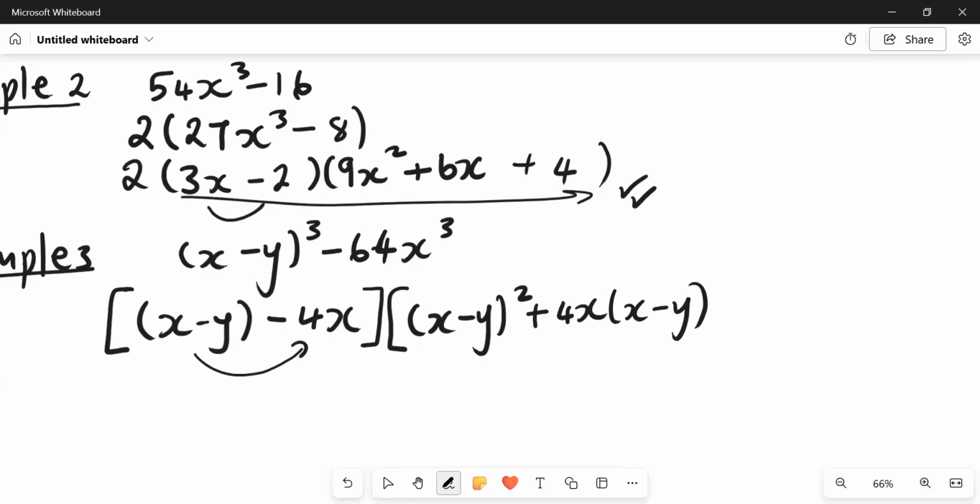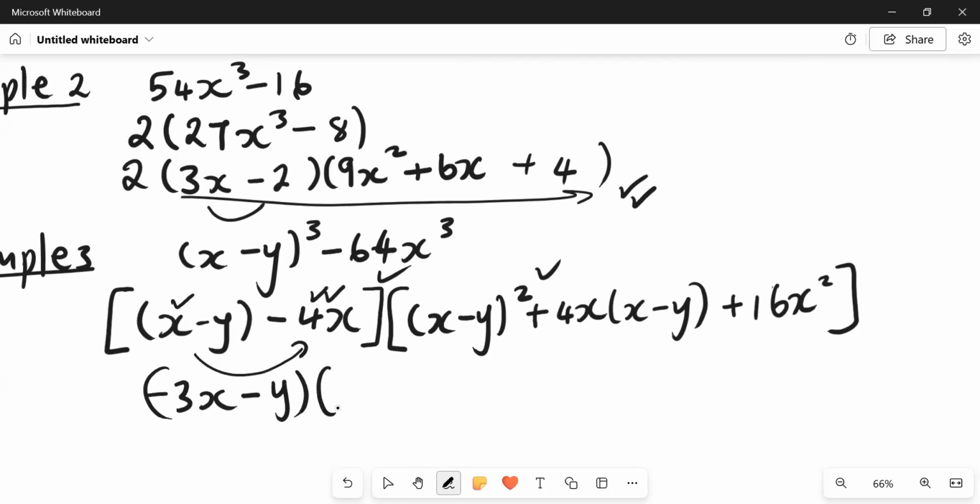We have to square this term, which is minus 4x. That will give us positive 16x squared. And then you close the bracket. Now, you can just simplify this further. So x minus 4x, that will give us minus 3x minus y. Done with this bracket. And then the last bracket,